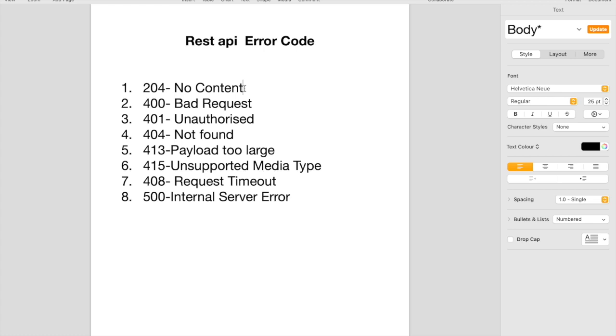Suppose you have an API which fetches the data from a database, like you want to fetch the record of a customer based on the customer ID, and you enter a customer ID which is not available in your database, so you have no records. The implementation is done in such a manner that you receive a blank response along with